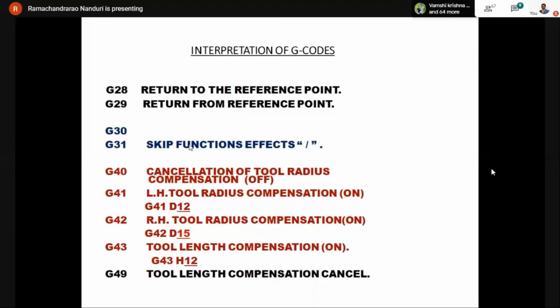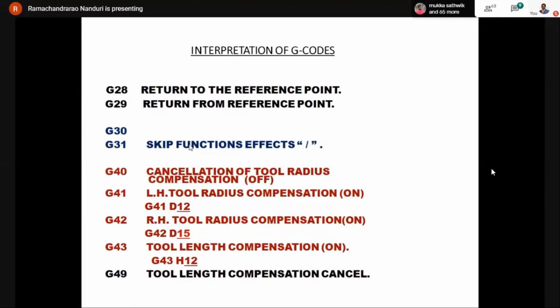That means when the tool is traveling from left to right, okay, with reference to the direction of tool travel, if the cutter shifts towards its right side, then we represent that compensation by G42. Suppose the tool shifts towards the left side with reference to its direction of travel, then it is represented by G41 D12. I shall show you that in a figure in the next part program.